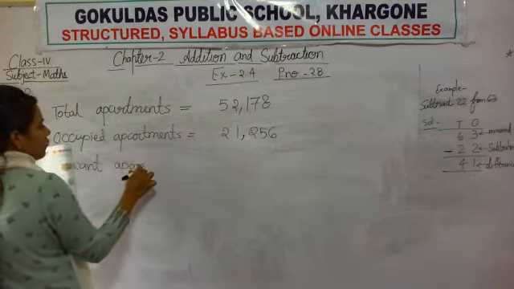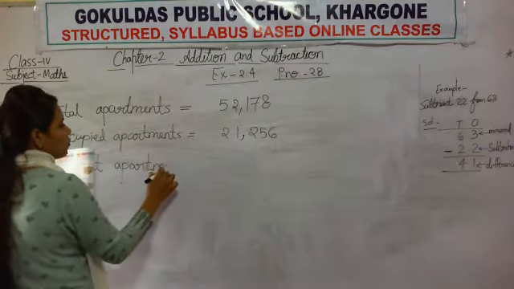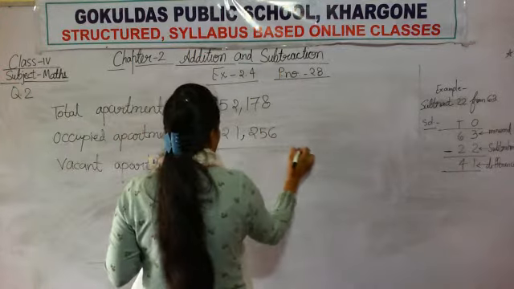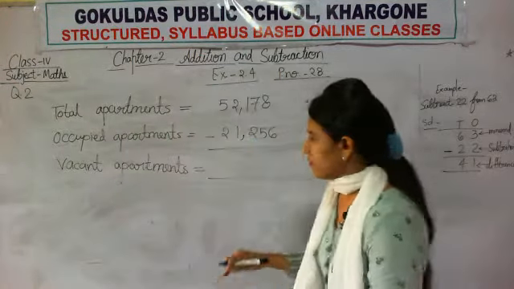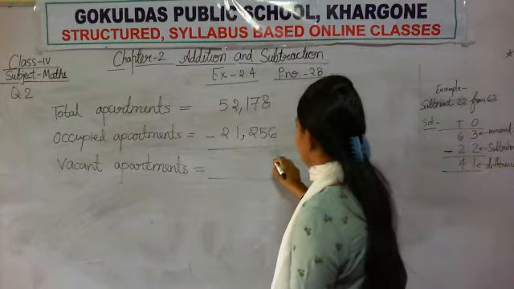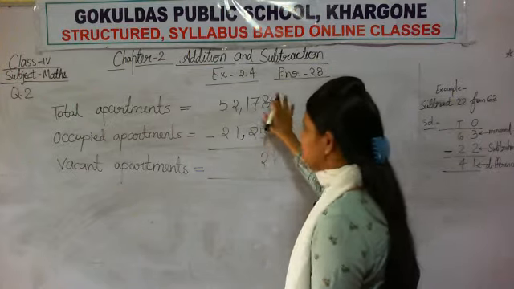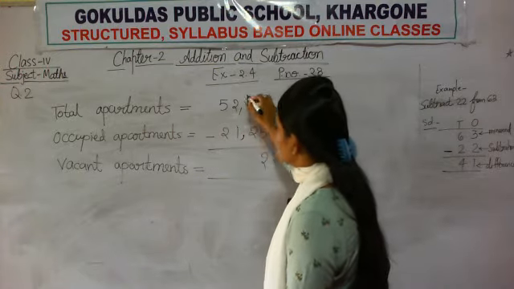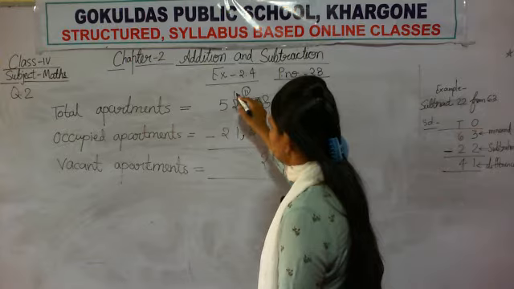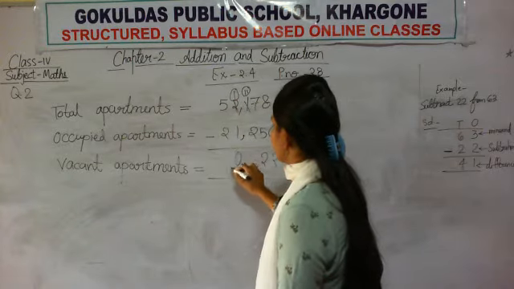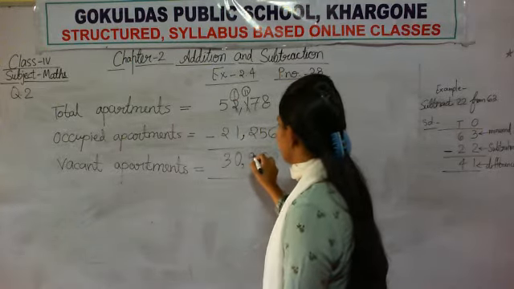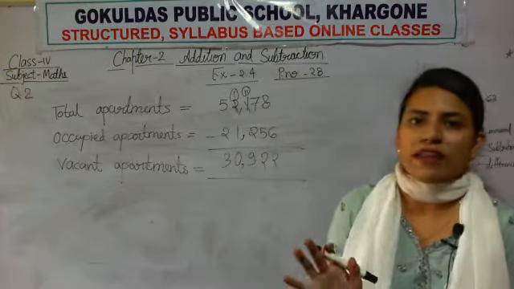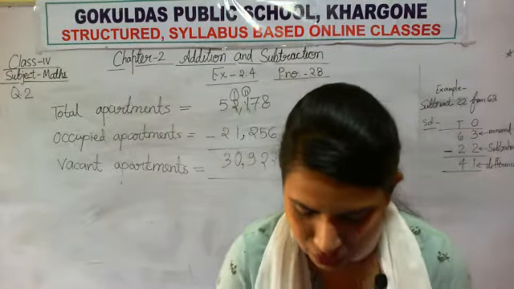Now you want to find the vacant apartments. For finding it, what will you do? You will do subtraction, right? So subtract these two and you will get your answer. When you subtract 6 from 8, you get 2. Subtract 5 from 7. Arrange these column-wise. I did not arrange them column-wise. Cannot subtract, so you will take a borrow. 30,922 are the vacant apartments in the township.